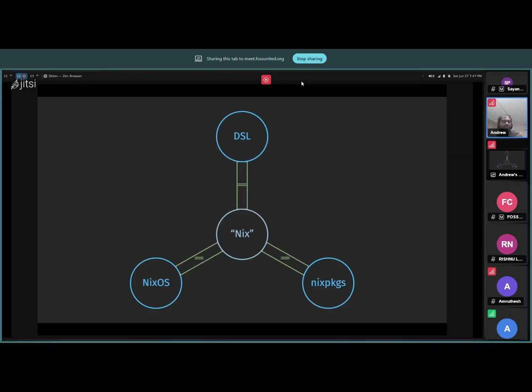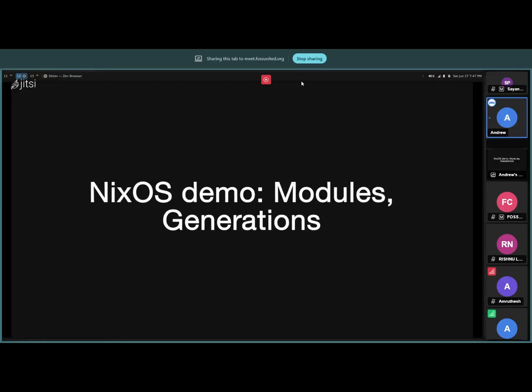Now, to give you a very brief representation of what NixOS is: basically just an operating system, a Linux operating system that Nix builds. And Nix, basically, you define a recipe, your derivation for your entire OS, and Nix basically builds that OS for you. So that is basically the gist with NixOS. So with that, I think we can now get into a very good demo of NixOS and get you into the things.